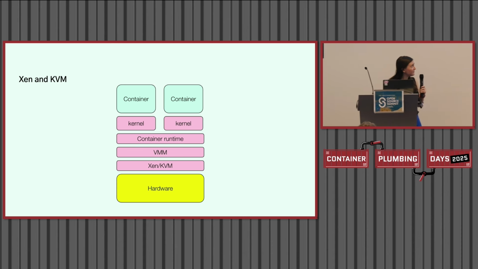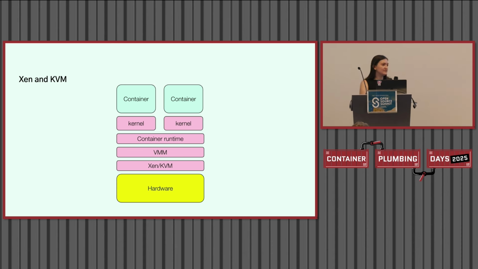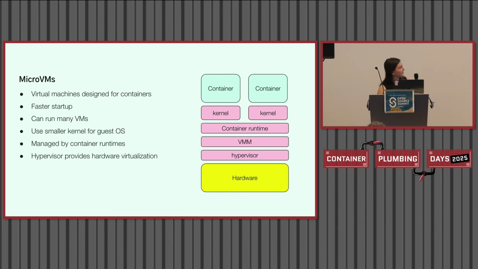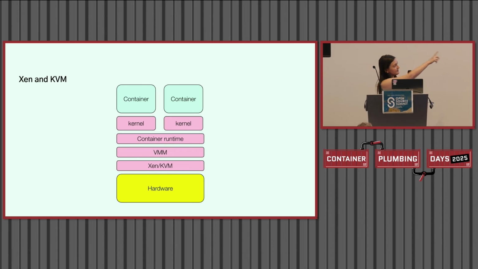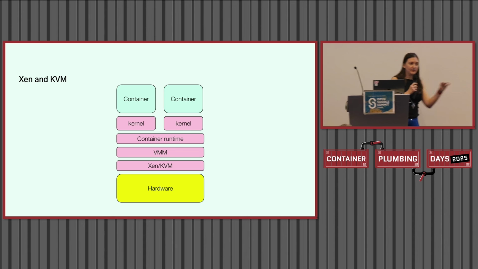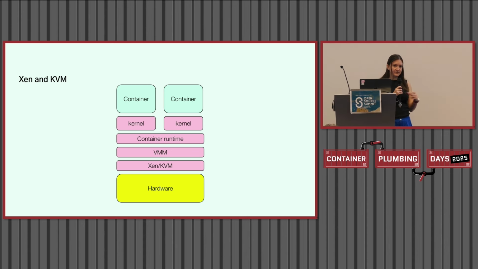So I'll talk very briefly about the hypervisor level. This is the very bottom of this stack. You have Xen or KVM. These are probably the two most popular hypervisors out there. KVM is a module within the Linux kernel, so you still have the Linux kernel as your host operating system. KVM is within that, and it lets you have access to this feature on modern CPUs that's called,